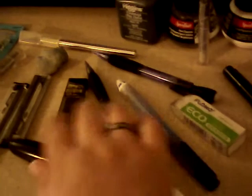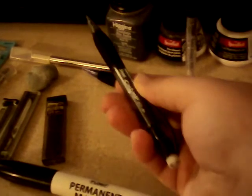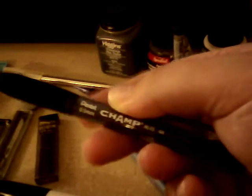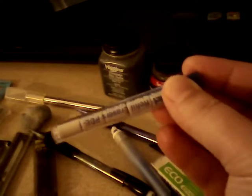First, you will need a pencil. I use these Pentel Champs. They are 0.5 millimeter lead, and they have erasers that you can get replacements for. Right here, you have to make sure it says